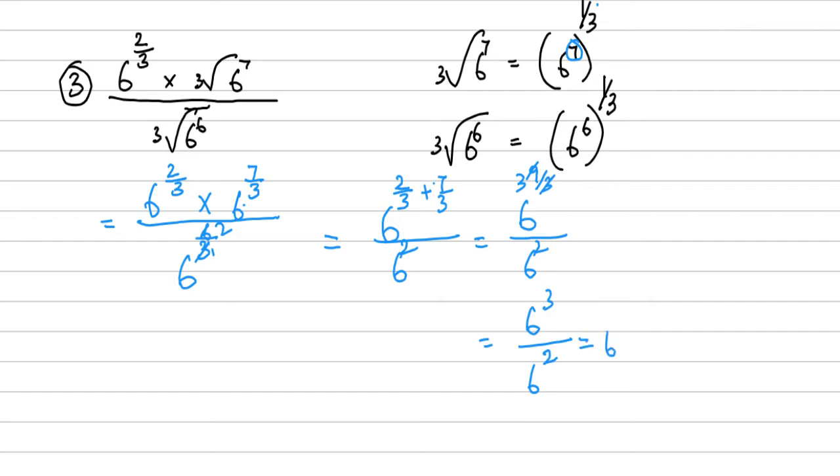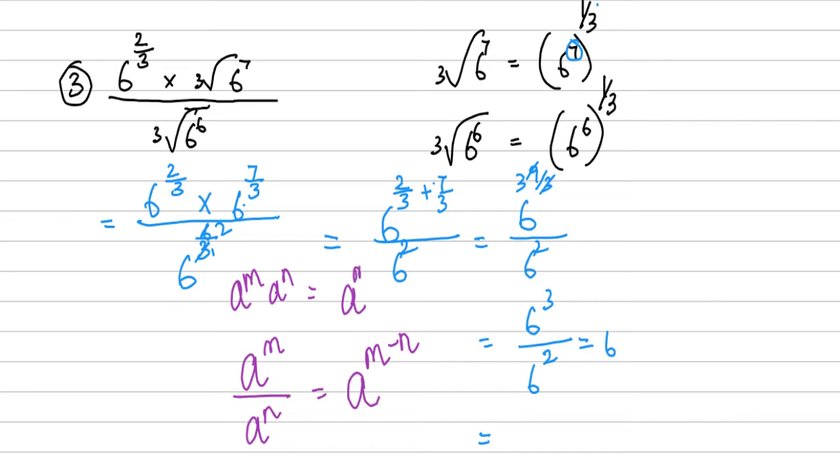Even if you do not know, we have an identity to do that, right? So instead of 3 and 2, if you have two big numbers like 21 and 31, even then you don't need to worry, you can just find them using this identity, a to the power m divided by a to the power n. Whenever you have same base but different powers, if they are in division, you are supposed to subtract them. Whenever you have same base, different powers in multiplication, you are going to add up the powers. So now you will get 6 to the power 3 minus 2, and the final answer will be 6 to the power 1, which is 6. Okay, the simplified version of the given expression is 6.